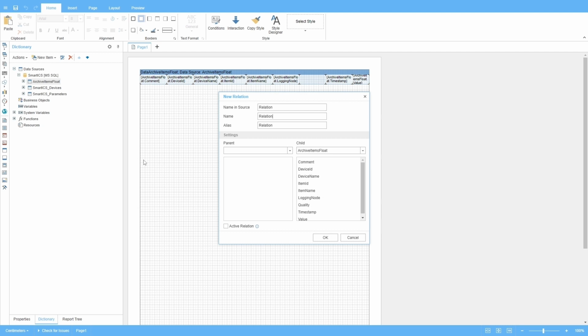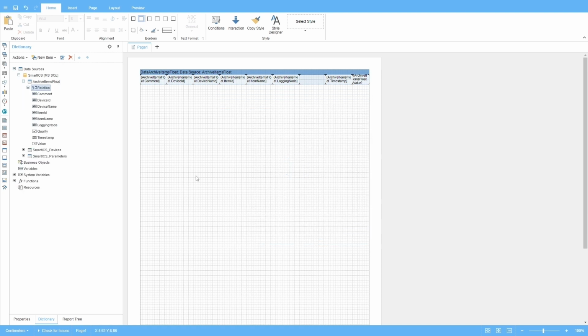In the window that opens, select the Archive Items float table in the Child field and select the SmartICS devices table in the Parent field. Select the device ID value as a key. Then in the Dictionary tab,